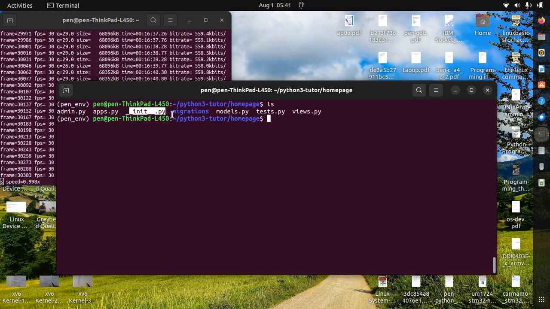This is migrations, where everything about the database migration is. If you enter here, you're going to see everything that has been migrated into the db.sqlite3. This is models.py, where we create our classes. This is tests.py, where we test our Python code. And this is views.py. In this views.py, we are going to be routing to our actual